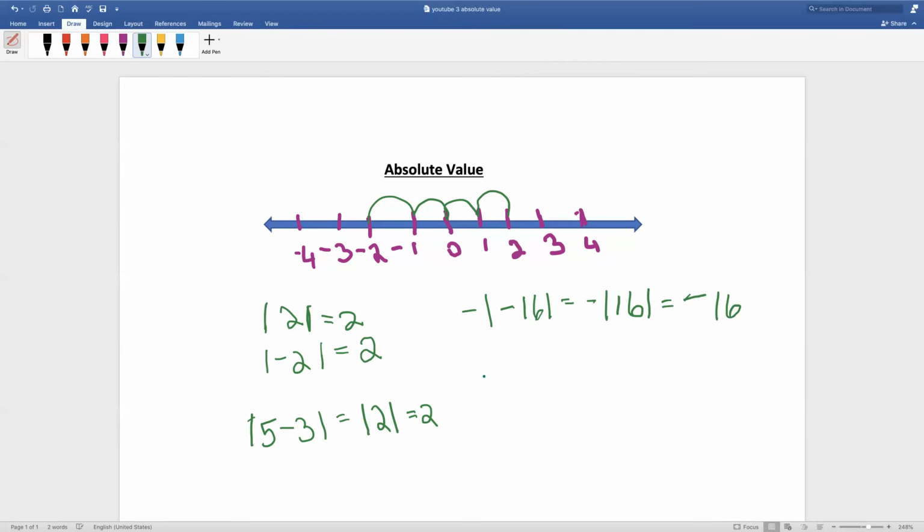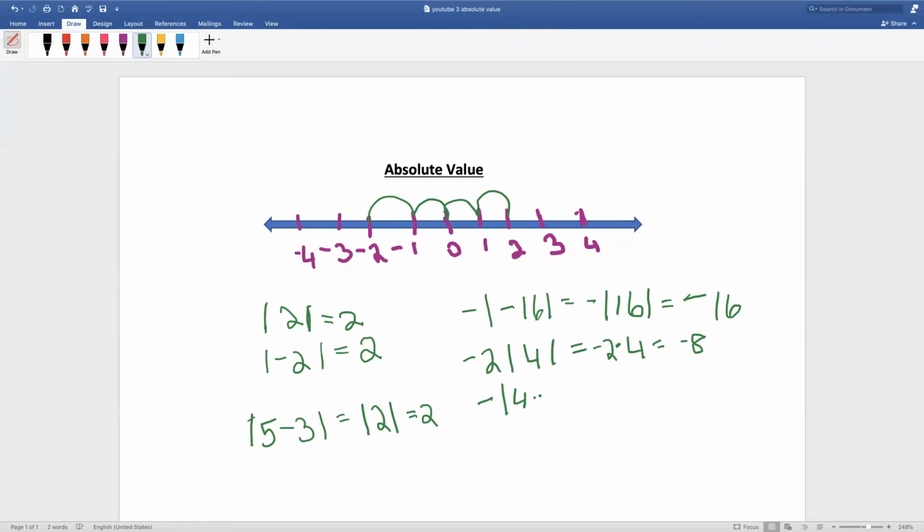What if there's a multiplication symbol? What would this equal? First, you always do everything inside the absolute value bars. So 4, and there's times -2, and negative times positive equals a negative. That's correct. -8. But if it were something like